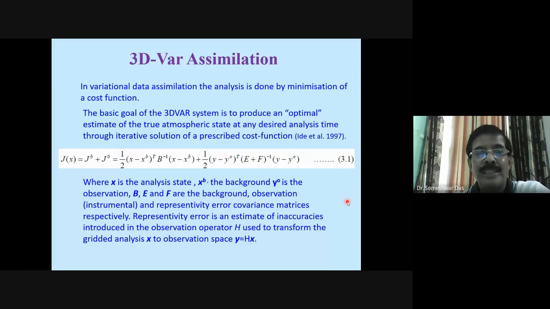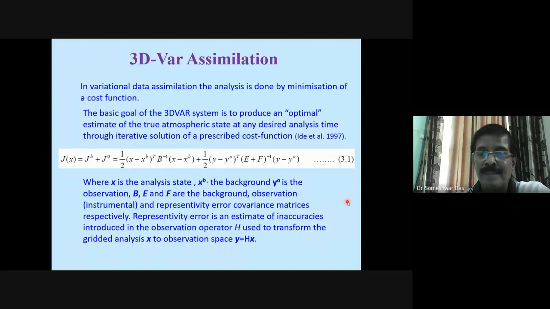Now, all those are very important observations. Today's meteorology has progressed so much because of these satellite observations. But satellite measures only the radiance. Radar measures the reflectivity and the Doppler velocity. But none of these are prognostic variables of the model.